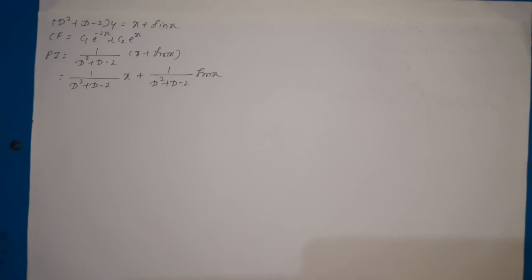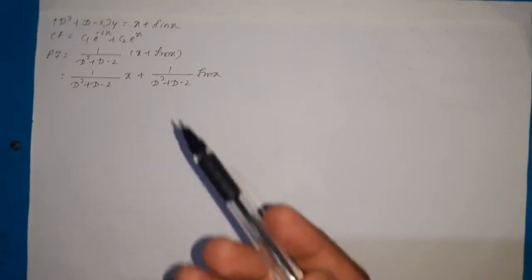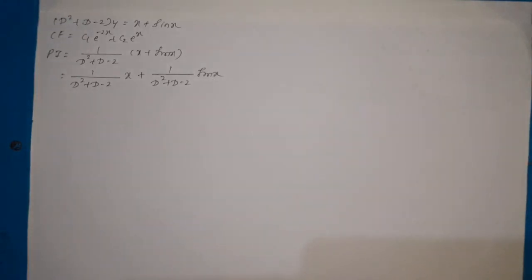So whenever there is a sum, we know how to solve it: we need to first separate the denominator for each function, and depending on the function we will have to solve the particular integral. So already we know that if sin x is there, then how to solve the particular integral. Whenever sin x is there, in that case we need to substitute D square equal to minus a square, but in this case a is equal to 1, so therefore D square equal to minus 1. And next you know how to proceed.